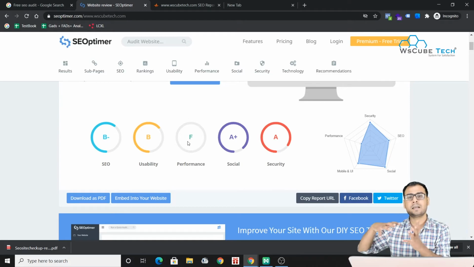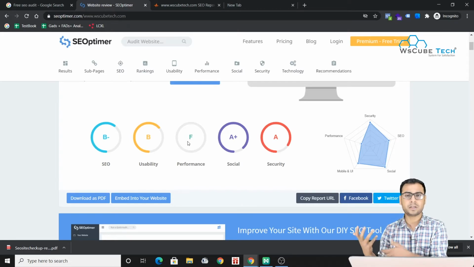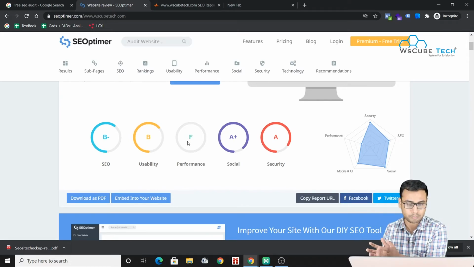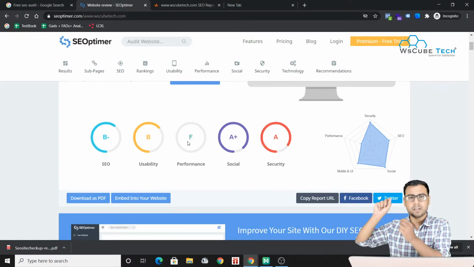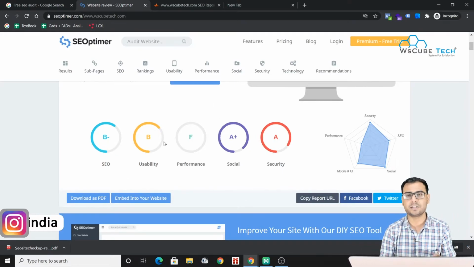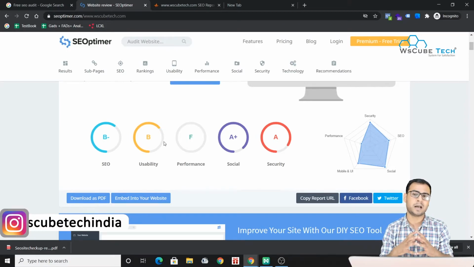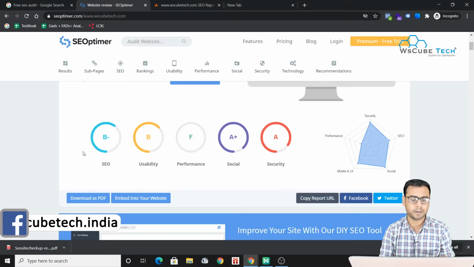They basically generalize. In performance, they are checking for 4 to 5 parameters, and they simply test that if a specific parameter is not being met, then your performance is low. And if you are fulfilling the conditions on their checklist, then your performance will improve. This is how it actually works. Then usability and the basic SEO: basic title tag, description tag, and H1 tags, the keywords, the cloud density, and then the density of the keywords. All those factors come into this basic SEO audit.